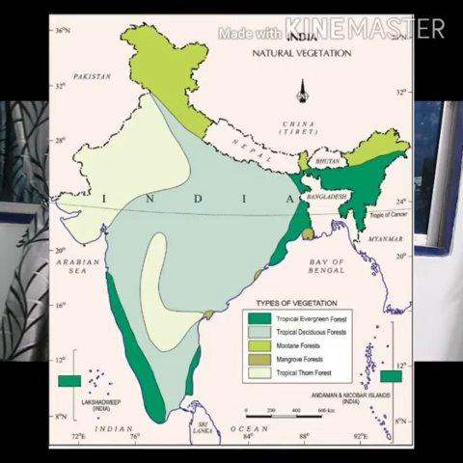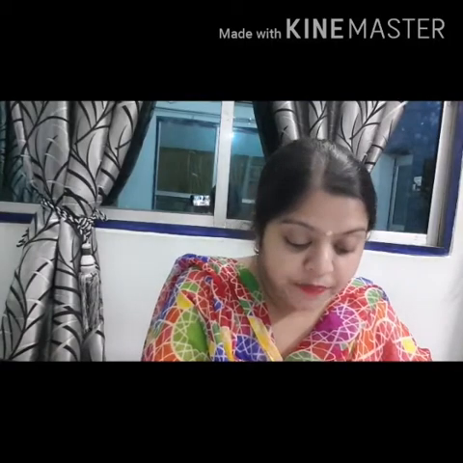When we talk about the natural vegetation distribution in our country, children, in the previous chapter, we have seen the different physical units of India. Now, those physical units of India play a vital role in determining the climate and rainfall distribution in different parts of our country. So, the natural vegetation totally depends upon the type of rainfall which is there in different parts of our country. We say that the natural vegetation depends on certain factors like climate, rainfall distribution, relief, etc.